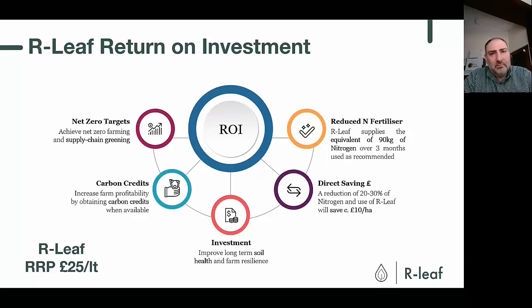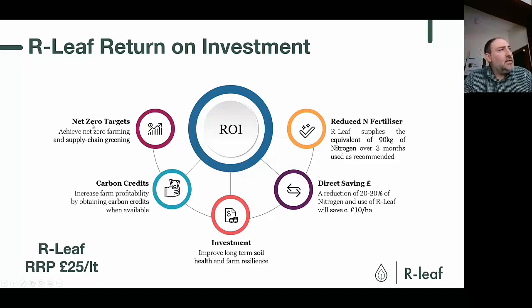There is that quality aspect as well, where we want to keep the protein up. We have seen that the R-leaf contributes to a protein increase if you don't reduce the nitrogen, and is very good at compensating the protein content where the nitrogen is reduced. But if that variety is important to have a specific nitrogen level, then again, from an agronomic point of view, it's going to be the right balance.